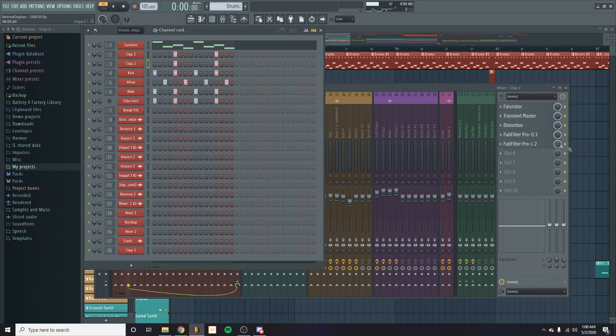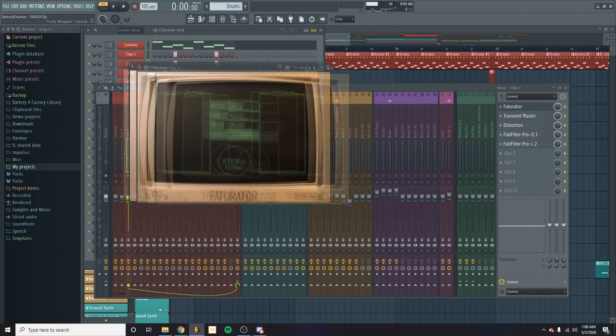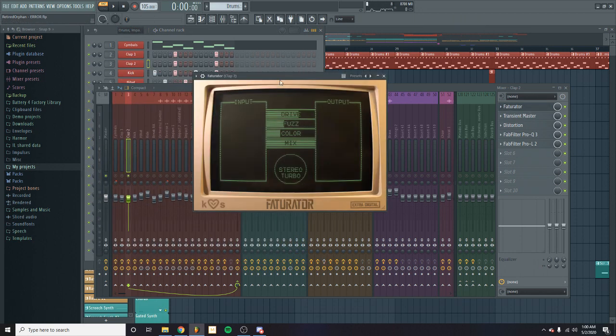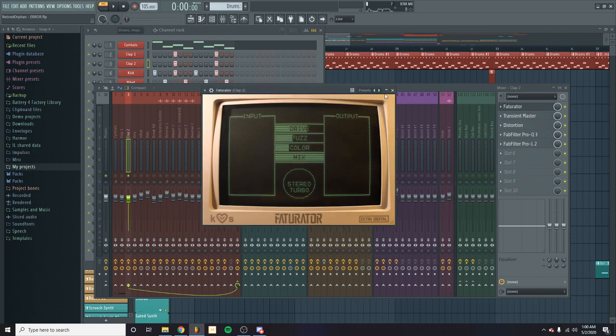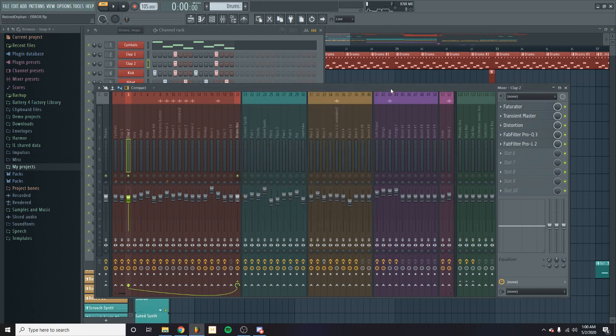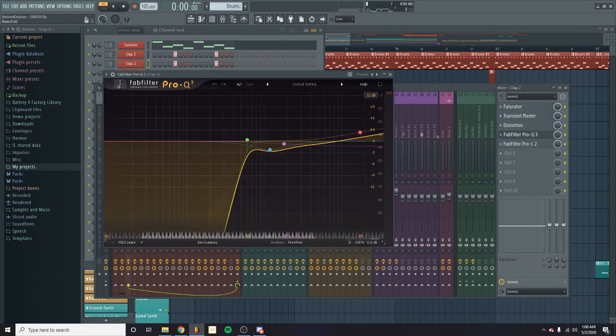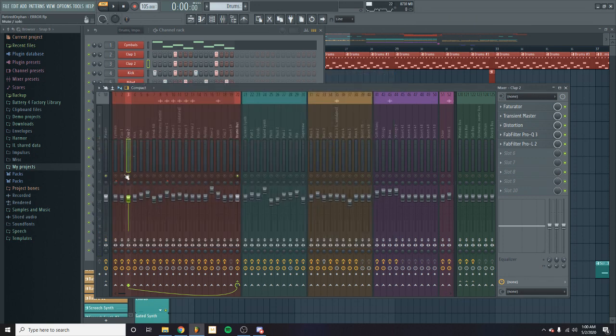Just to add a little more sizzle, as you can see, I added the fuzz option on this saturator. It's Saturator by Kilohearts, a really good saturator. I wanted to add some buzz to the clap because it was lacking in that department. So I EQ'd out this area and boosted this up a little bit, so it fulfills where this clap's lacking. Together they just work beautifully. And then with the kick,